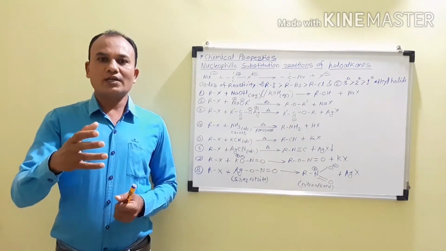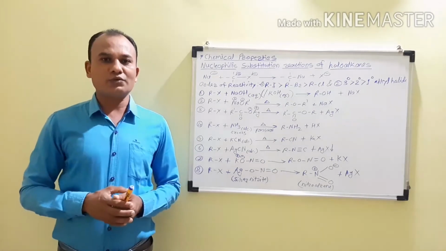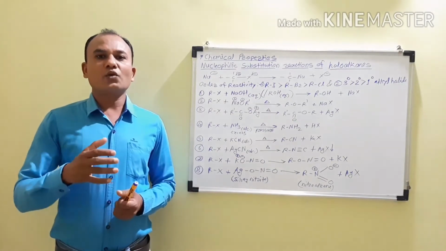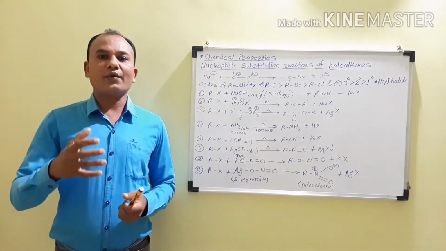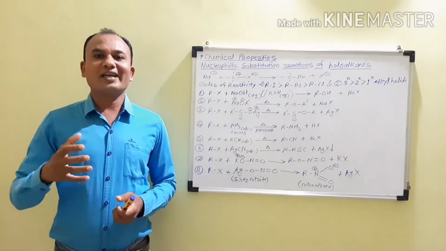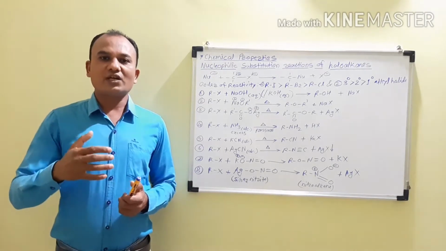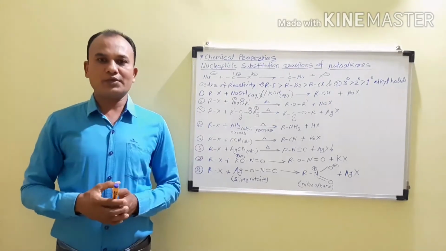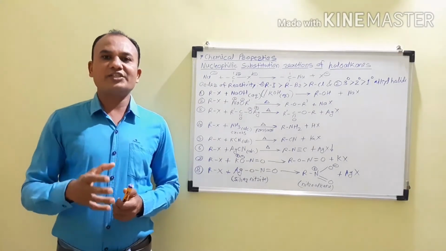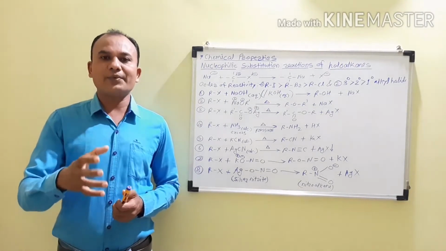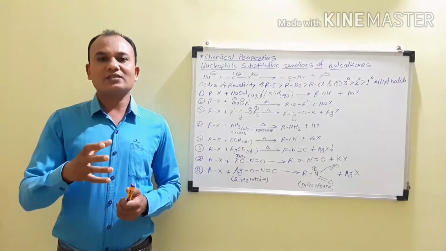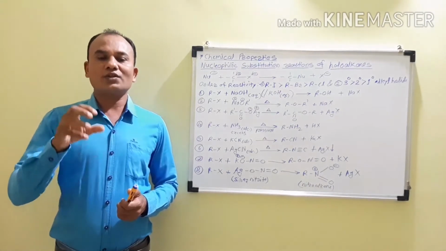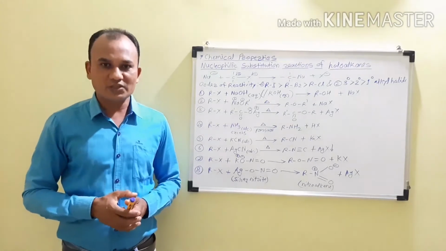Now as you know, the nucleus carries a positive charge and therefore nucleophiles must have a negative charge, or be electron rich species, which attack on the electropositive center, and such types of reagents are called the nucleophiles. It means the nucleophiles carry a negative charge, or these are the electron rich species.